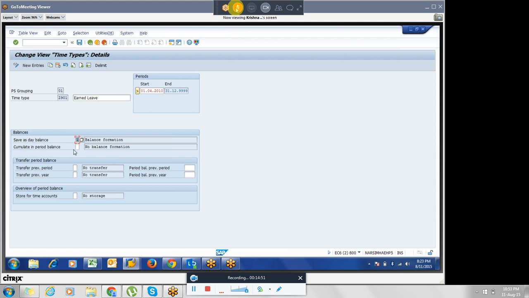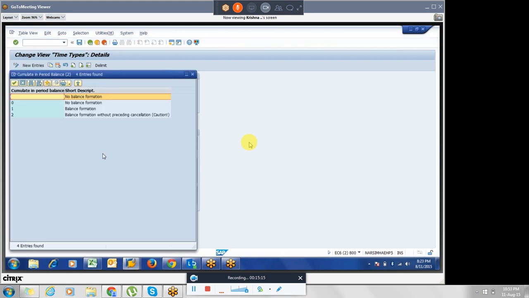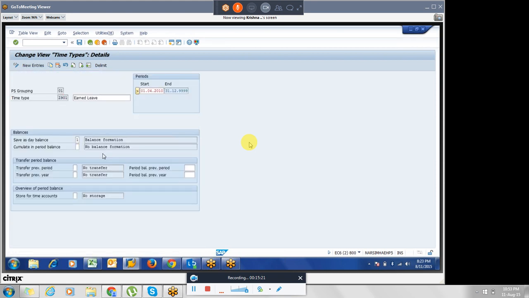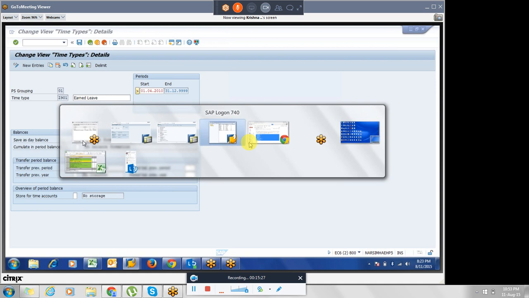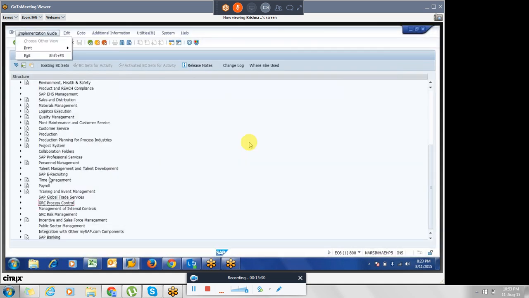Whenever we run time evaluation, it runs day by day, so it should store only for that particular day, or it should accumulate to the period balance table. If you put 1, it will form the balance. If you put 0, it won't form. Because in the configuration table, if you remember, we have given the day balance as per our configuration.